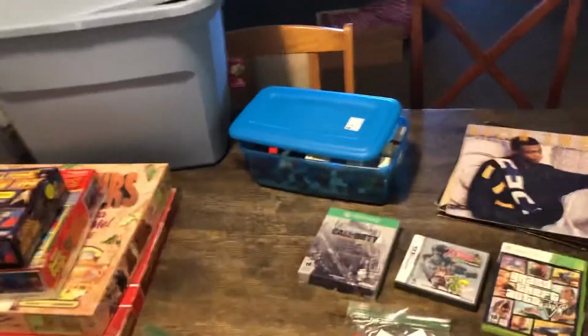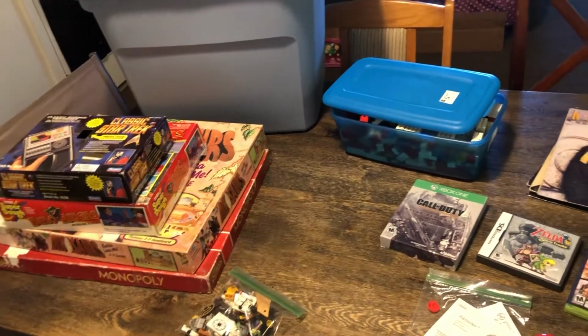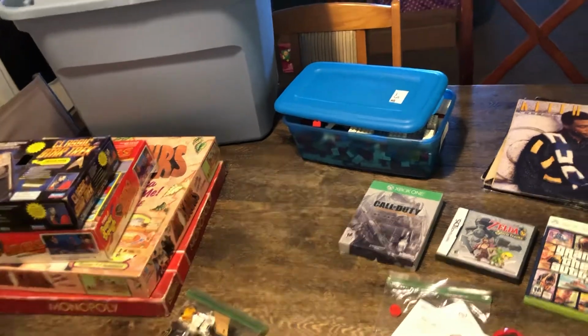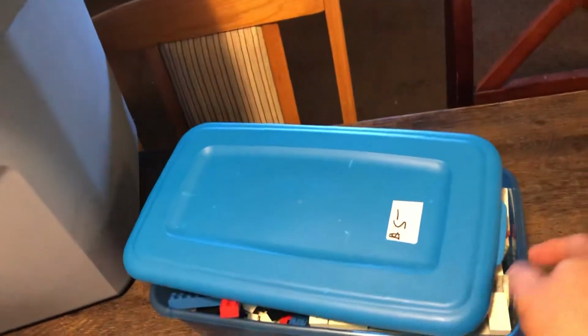Today's October 10th, 2021. These are my yard sale finds for yesterday. I went Saturday morning around 6:30. We left, and the first yard sale that I found something was right here. I found this tub of Legos. They wanted $5, as you can see,